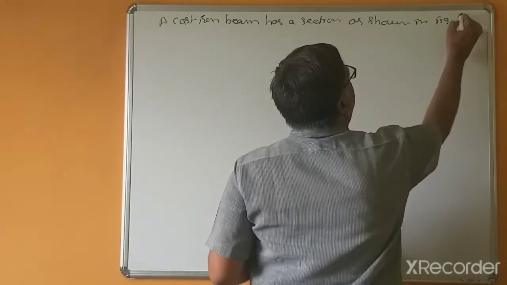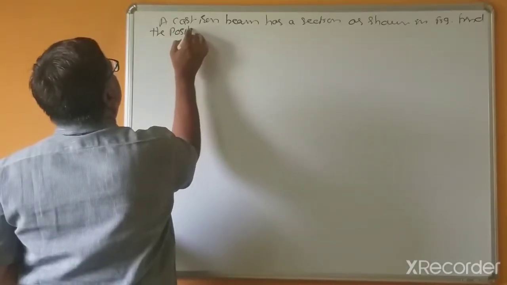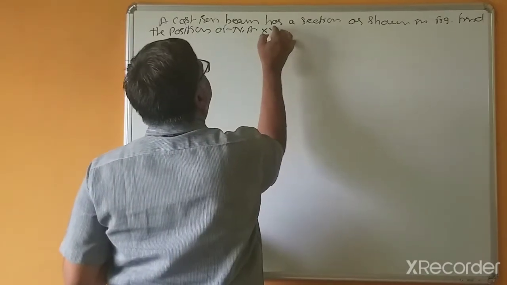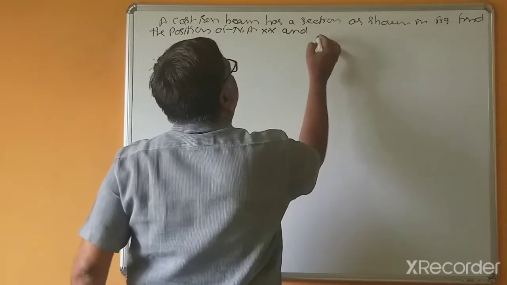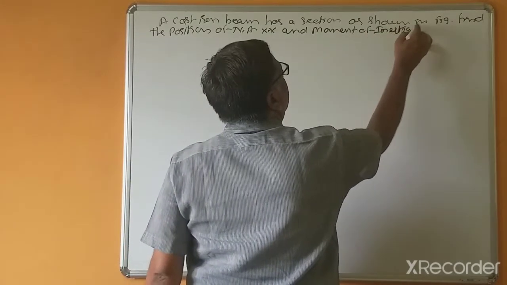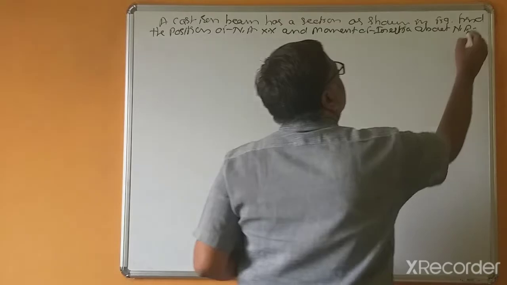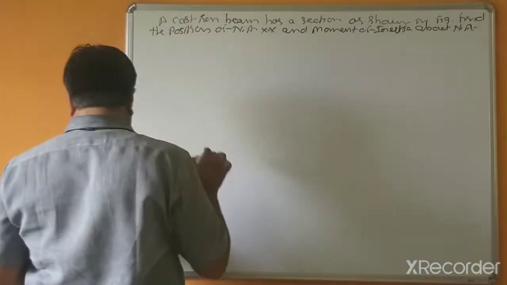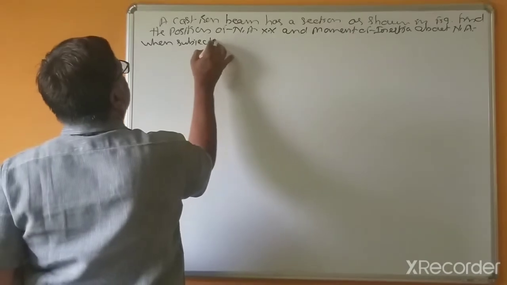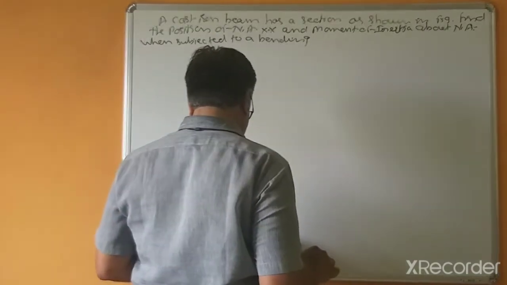Find the positions of neutral axis xx and moment of inertia about neutral axis when subjected to a bending moment,